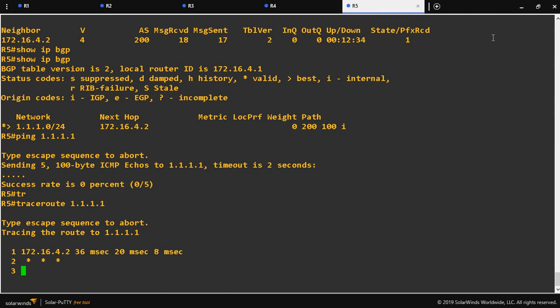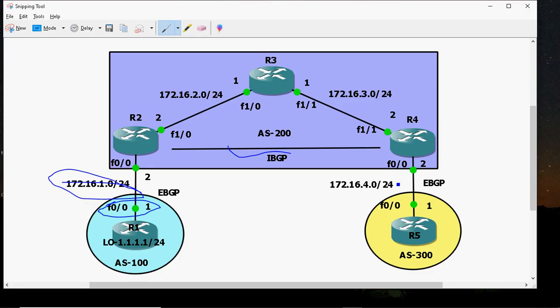So we can see why. The packet is going to 172.16.4.2. After reaching this router, the packet is not dropping in R4. The packet is dropping in R3 router, because source IP is 172.16.4.1 and destination IP is 1.1.1.1. So the packet comes to R4 router, from R4 router to R3 router.